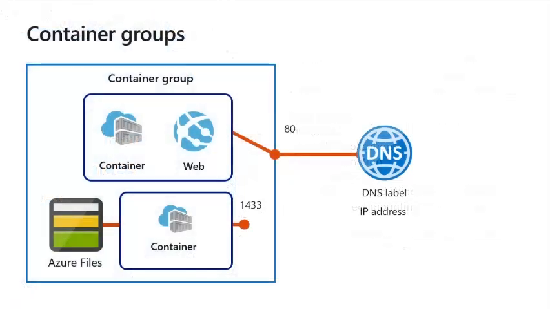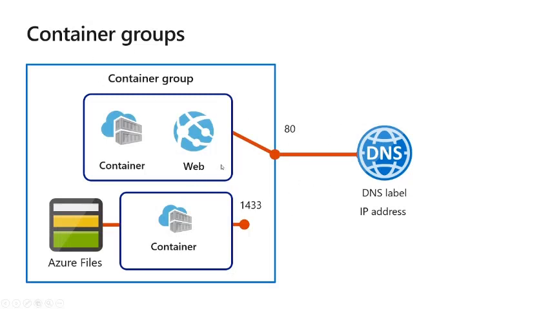So next is container groups. Let's examine the role of container groups in container instances. A container group is a top-level resource in container instances. A container group is a collection of containers that get scheduled on the same host machine. The containers in a container group share a life cycle, resources, local network, and storage volume. This example of a container group is scheduled on a single host machine,